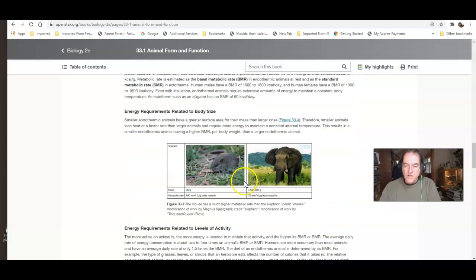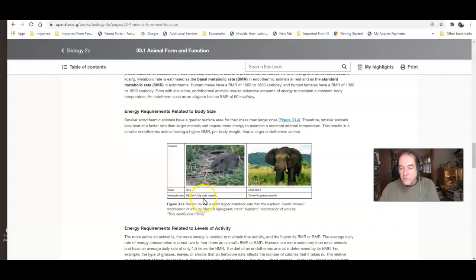So what they're showing right here is the difference between a shrew or a mouse, what is this? Is some sort of a mouse here in this particular case, and an elephant again. All right, and so the mouse is about 35 grams, and the elephant over here is about 4.5 million grams, or 4.5 tons, metric tons, as it turns out. A pretty big animal. And the metabolic rate is, you see right here, 890 cubic millimeters of oxygen per gram of body mass